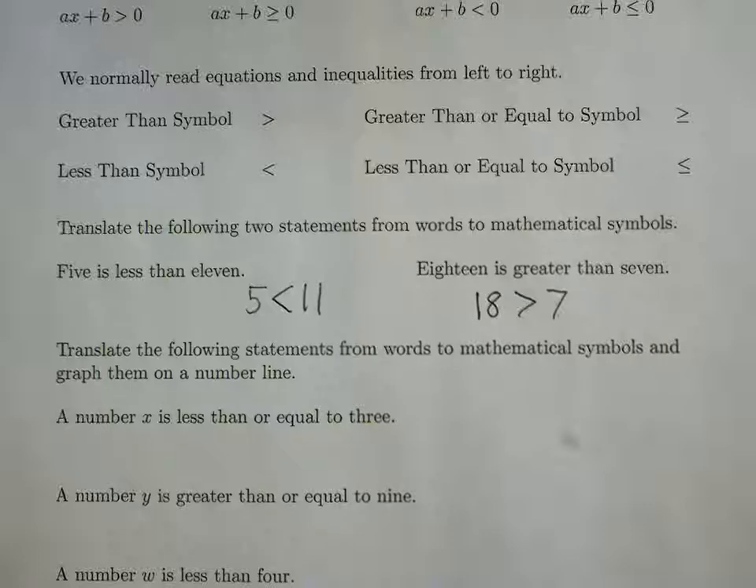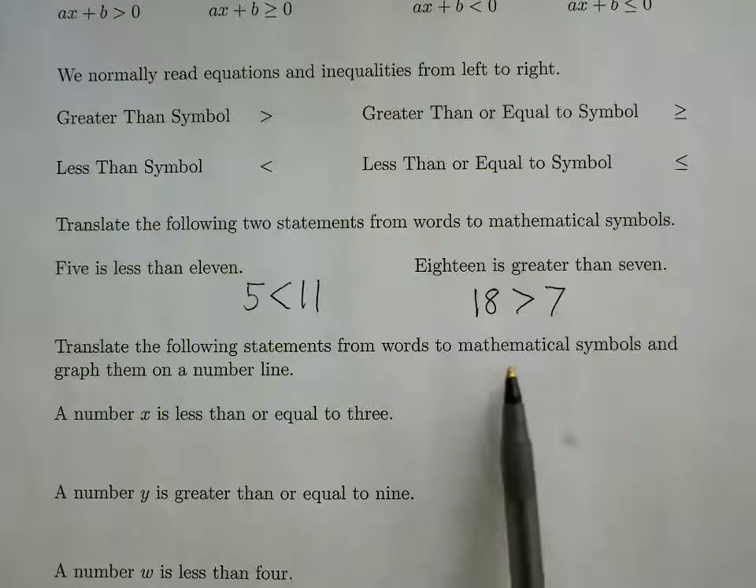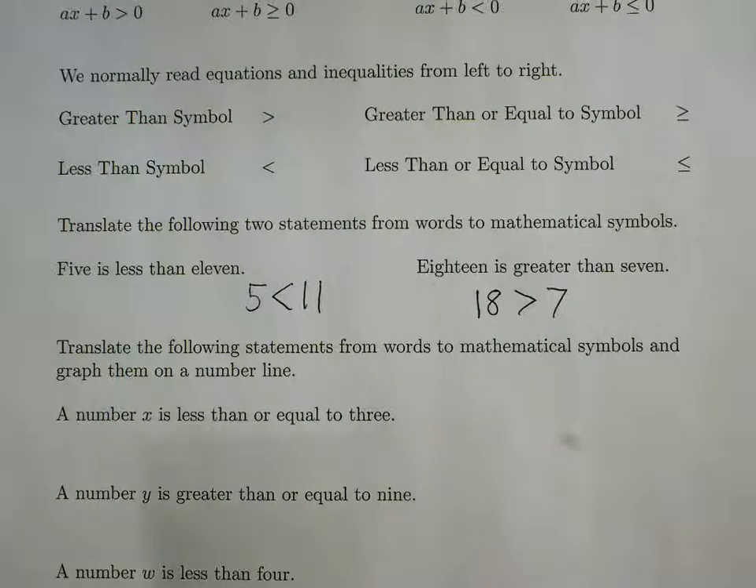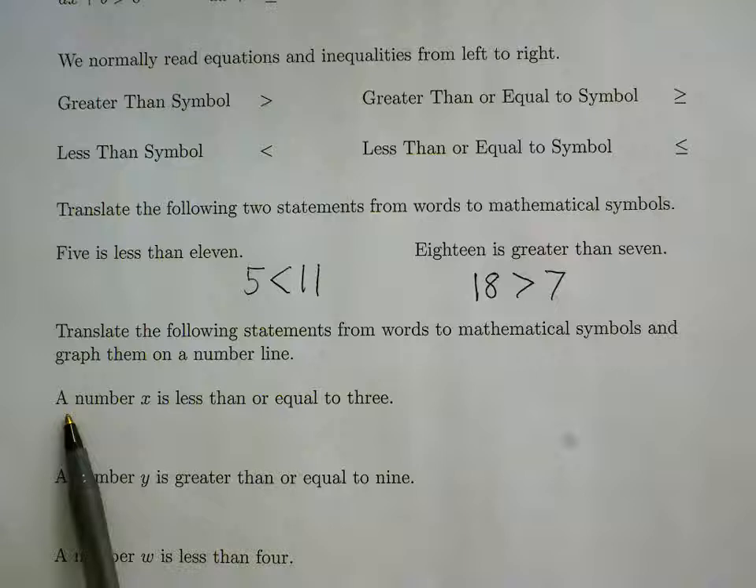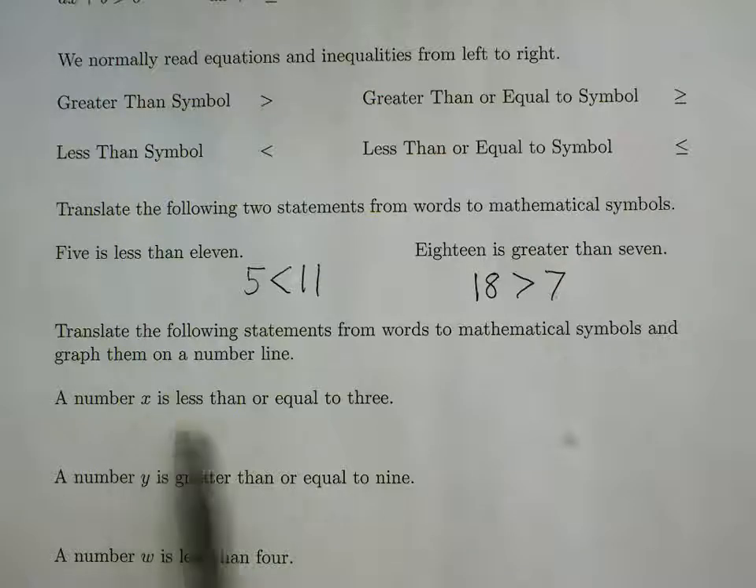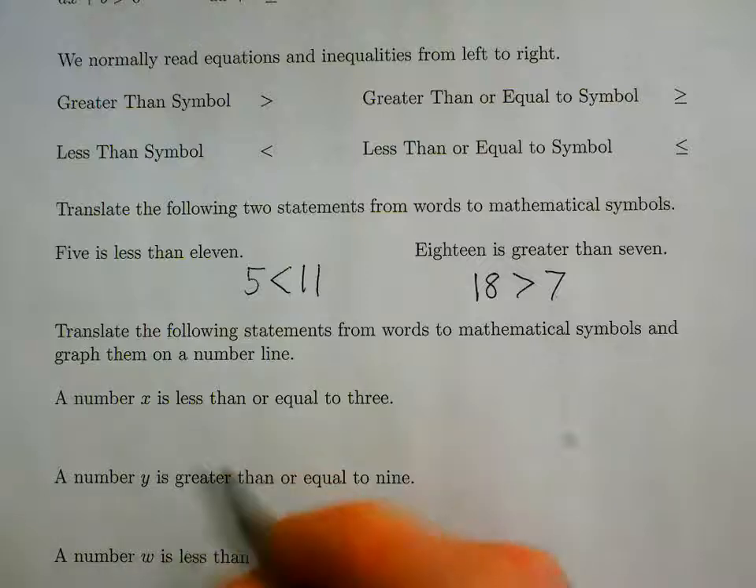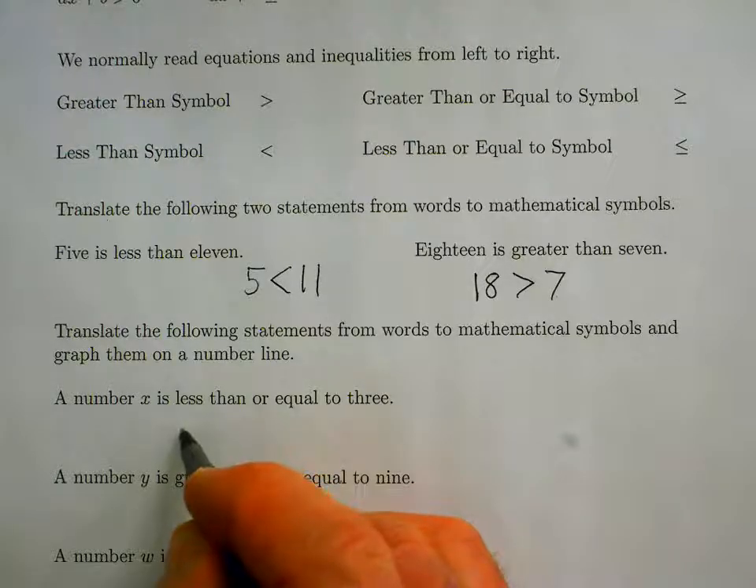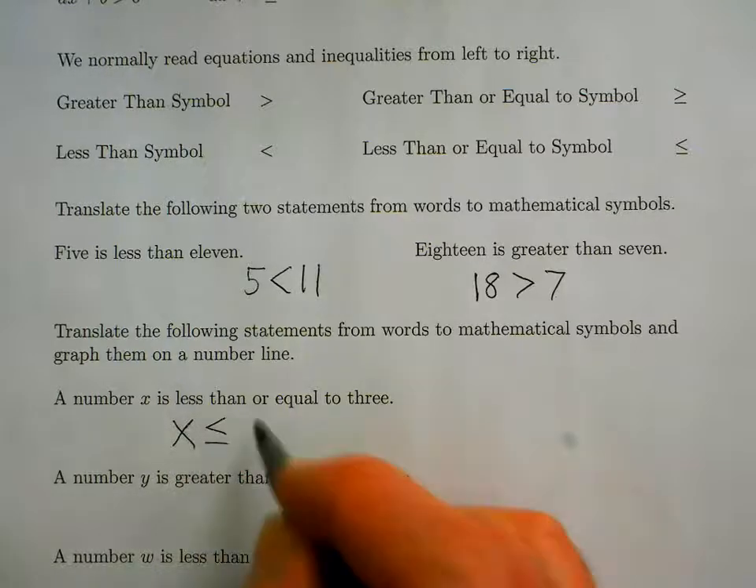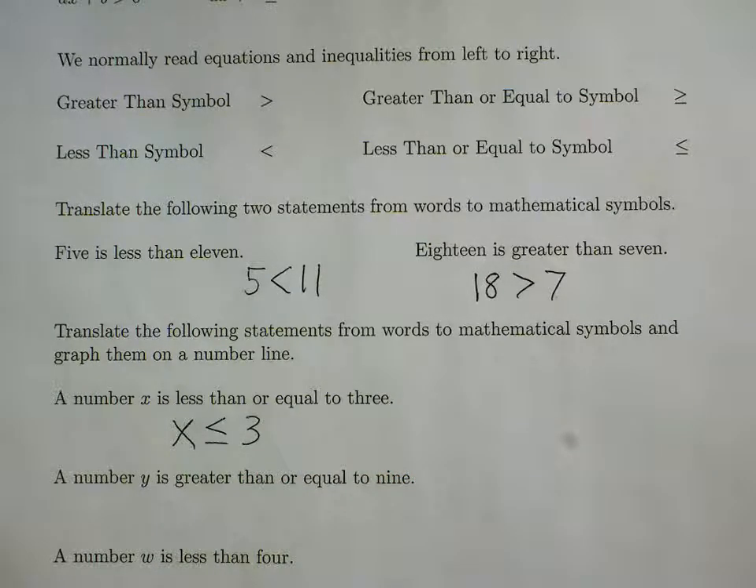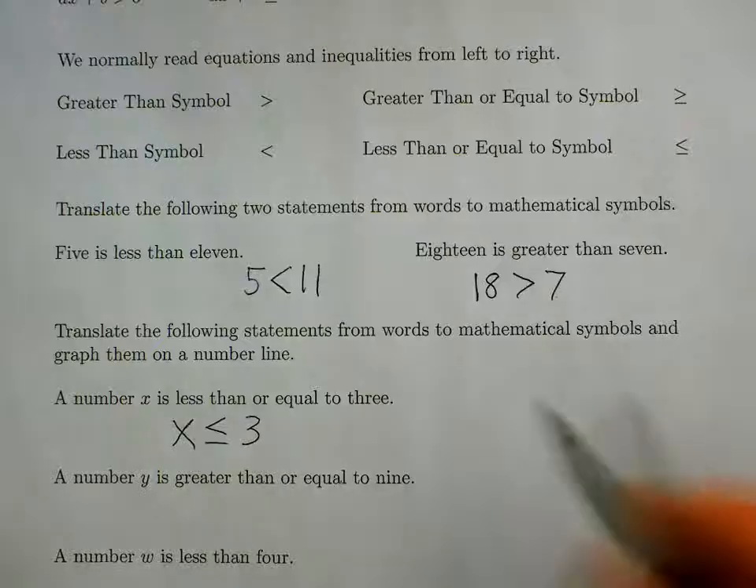Okay, we'll translate the following statements from words to mathematical symbols, and then also graph them on a number line. The first one, a number x is less than or equal to 3. In mathematical symbols, we write x is less than or equal to 3. Okay, on a number line,